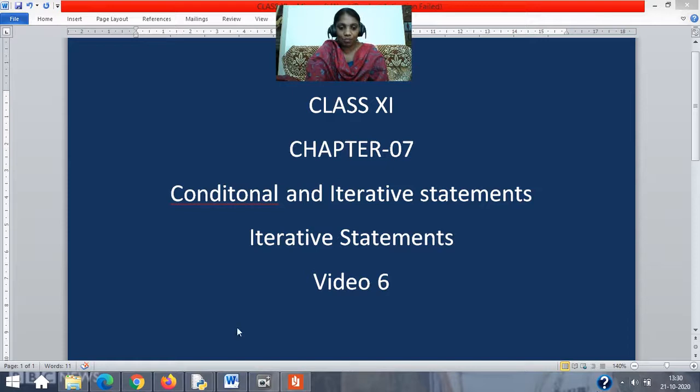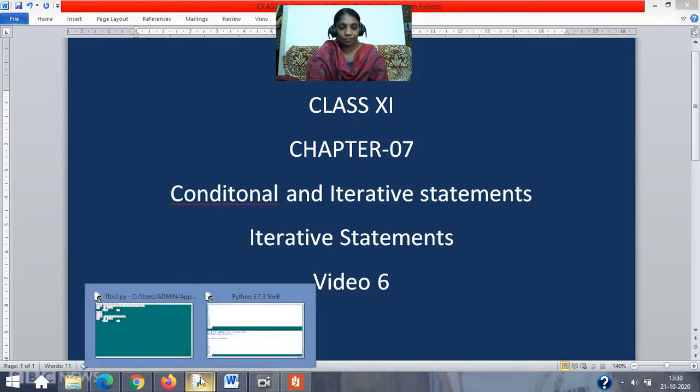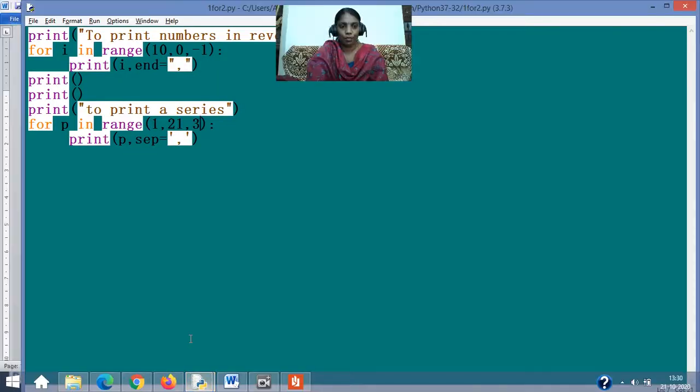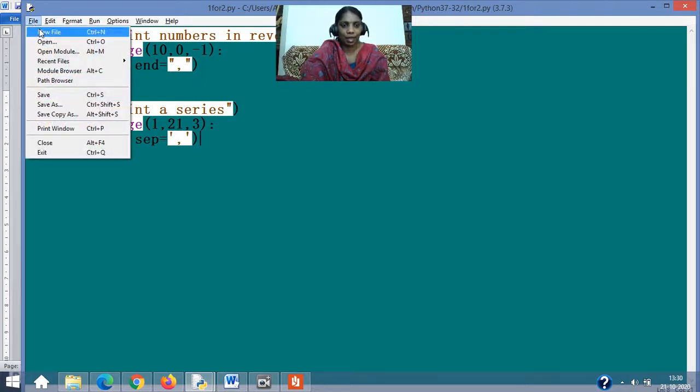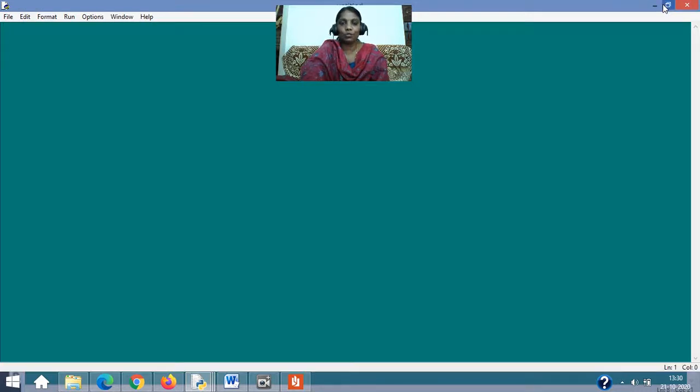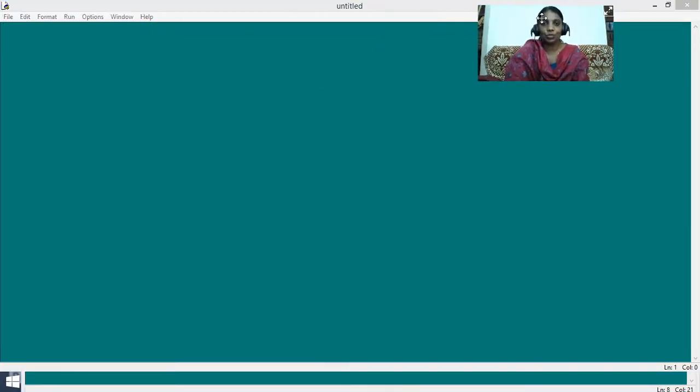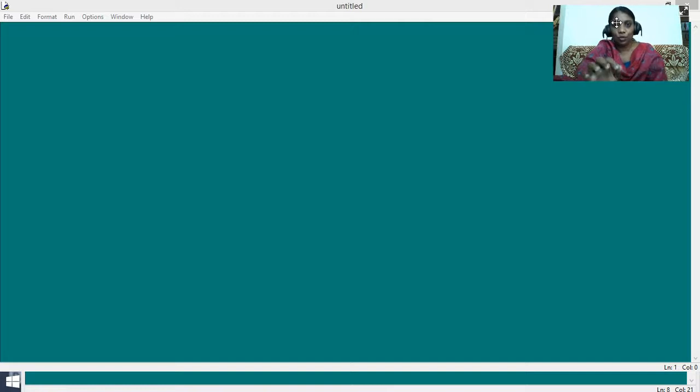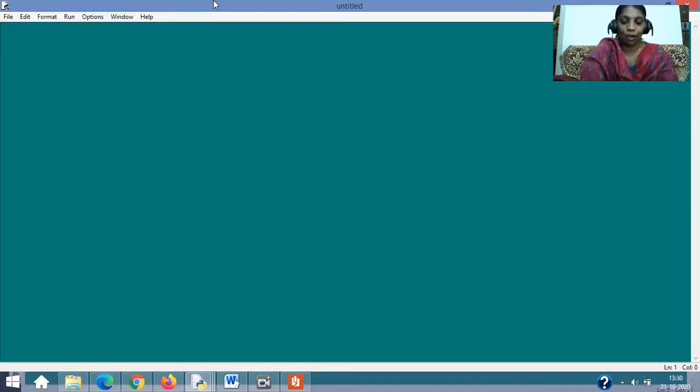So let's go to our IDLE once again. It's already ready here with the previous programs in hand. This was the series which we had. I'm going to keep that without any change, let it be there, and let's print a new one. Okay, now what am I going to do here? My plan is to print the multiplication table of a number till 12. All right, so here I am going to do the program.